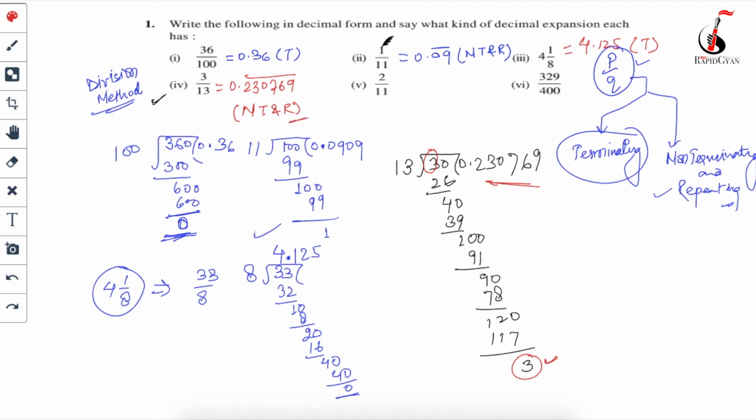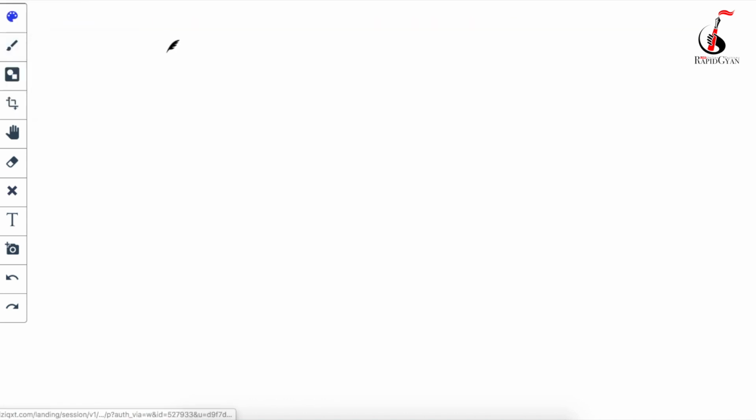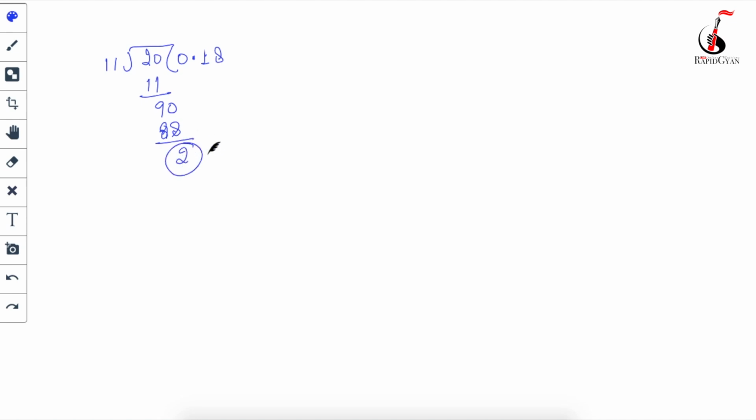Okay, let's solve the next question, which is 2 by 11. So I will just go to the next page, and I will write over here 2 divided by 11. So how will it go? First I will have to put decimal over here, then here, then it will go just one time. So this will be 11, I will get 9, decimal is already there, so it's 90, 8 11s are 88, and it's 2. So what's my remainder? Now see, remainder is 2 from where we have started, so we'll have to stop here.